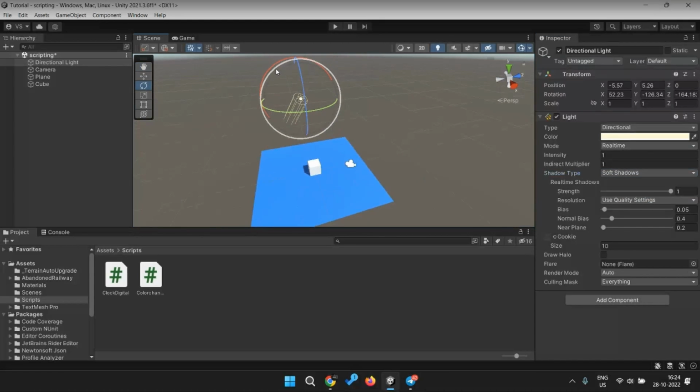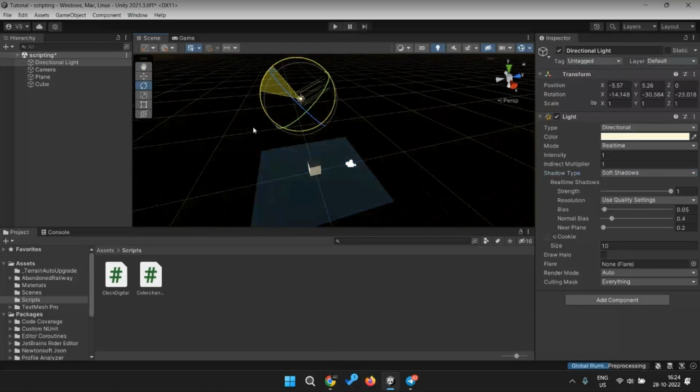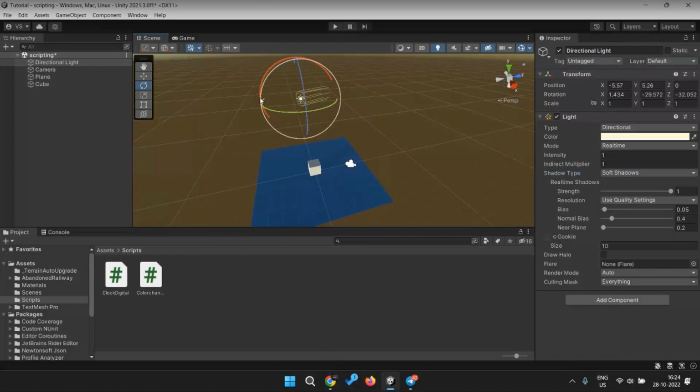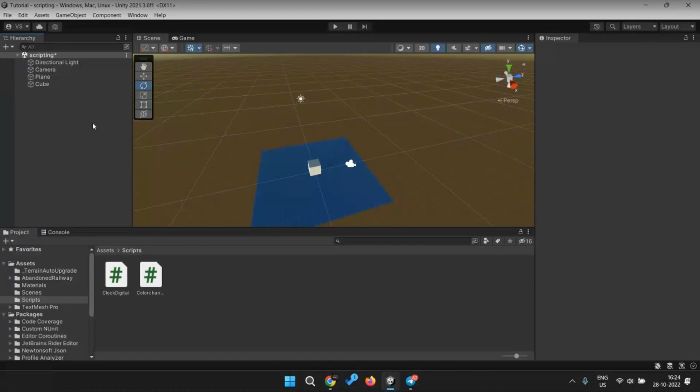I will turn this direction so it will be dark. Yeah, this will be. So what I will be doing is I'll be adding a